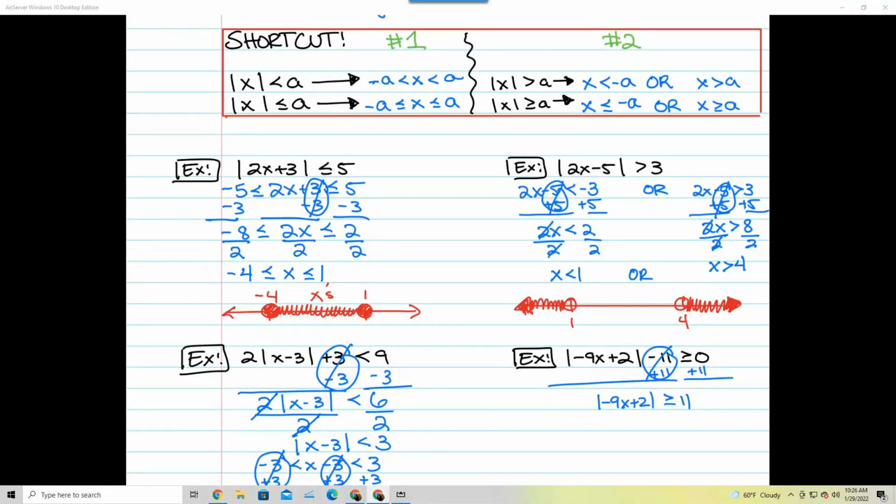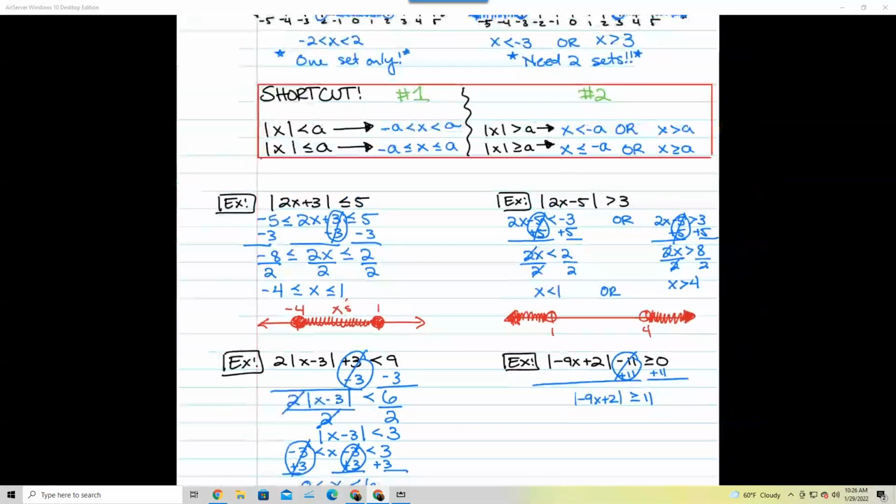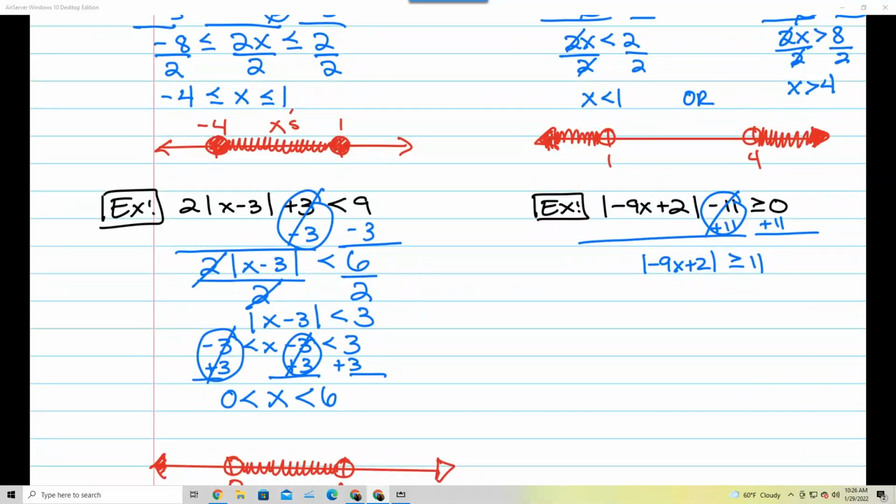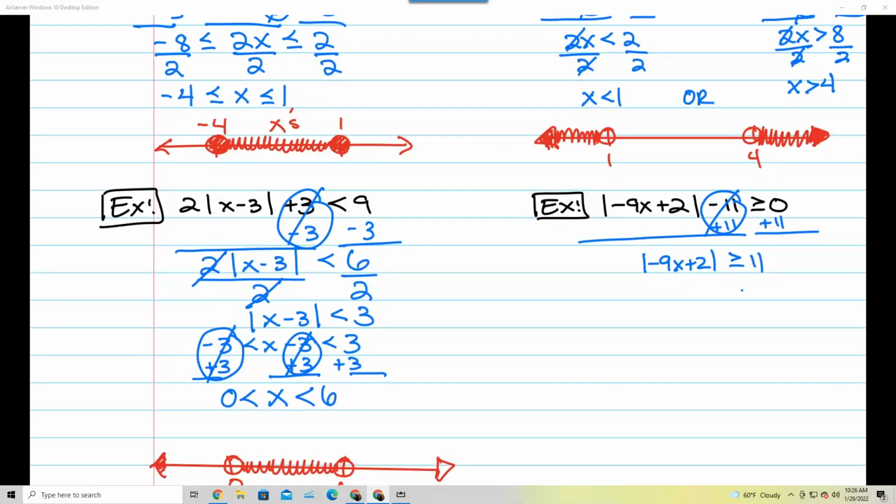So shortcut number 2, we're going to do the easy set first. That's the one where you keep it, keep it, keep it. So I'm going to keep it, keep it, keep it, which means I'm going to write negative 9x plus 2 is greater than or equal to 11. Or